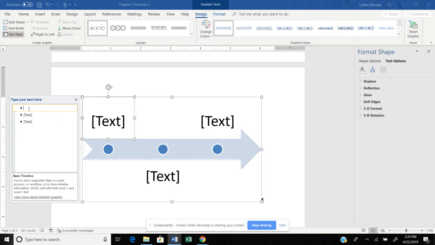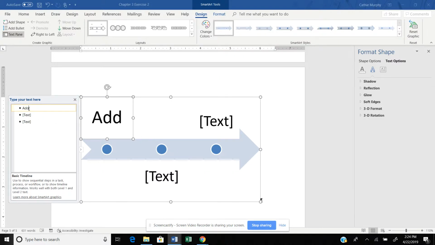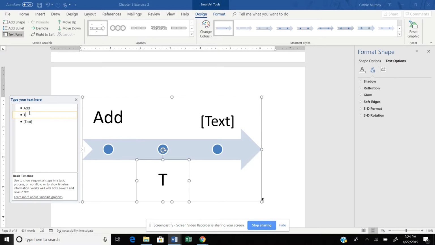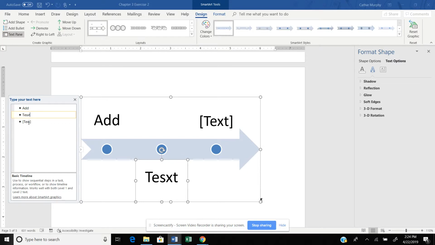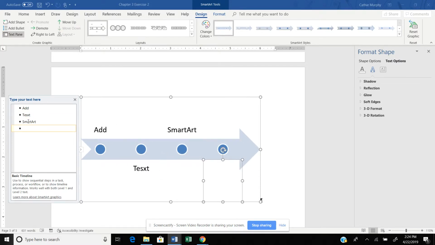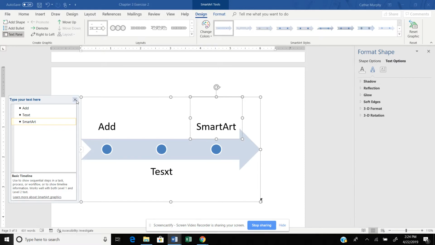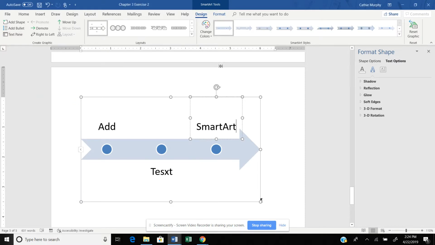To add text, I just click here, Add Text, SmartArt, hit Enter. Then I can exit out. See how I put an extra box in there? What I have to do is delete it, and it'll get rid of that, and I can close out of my box. And then I can go up